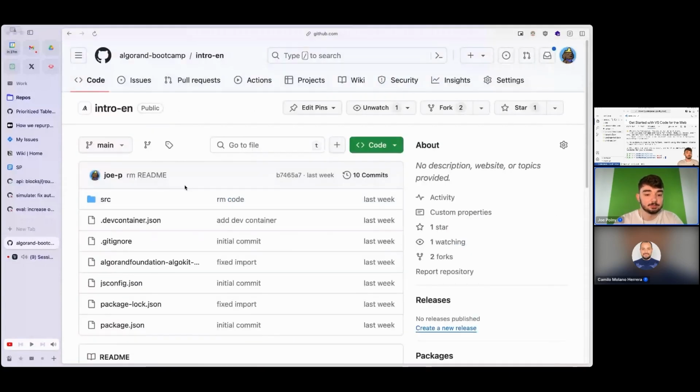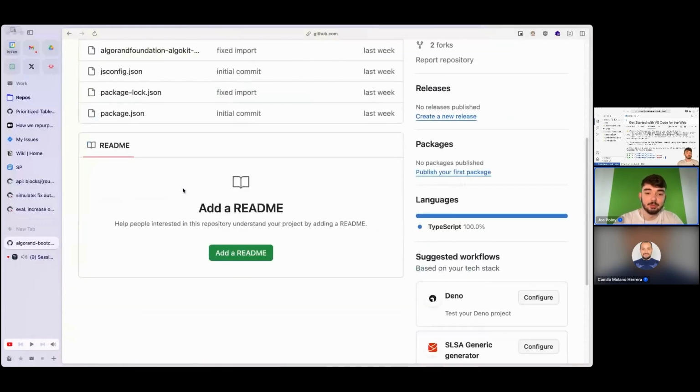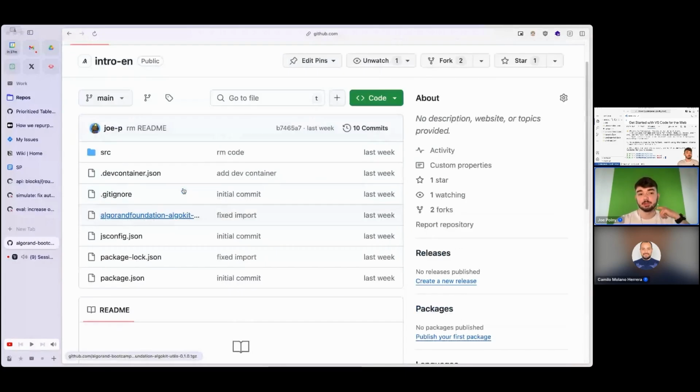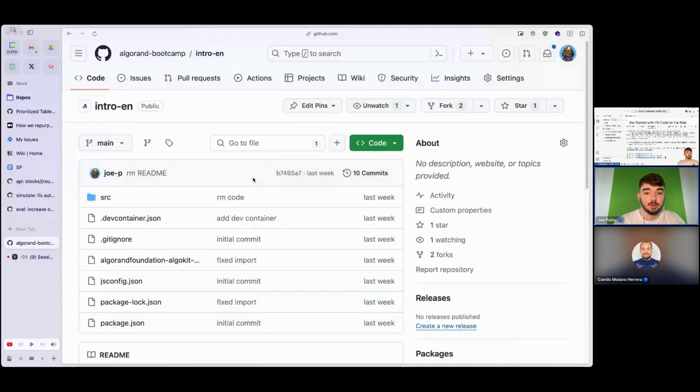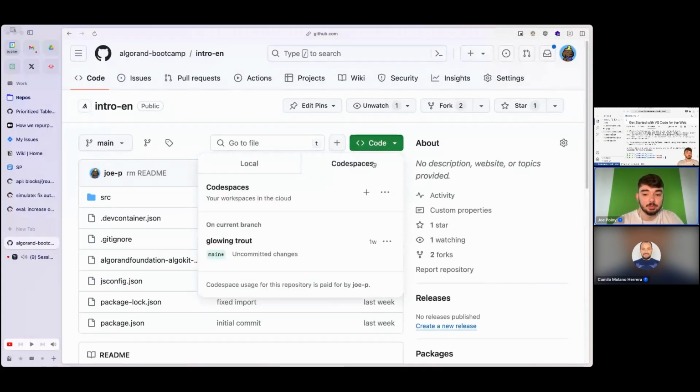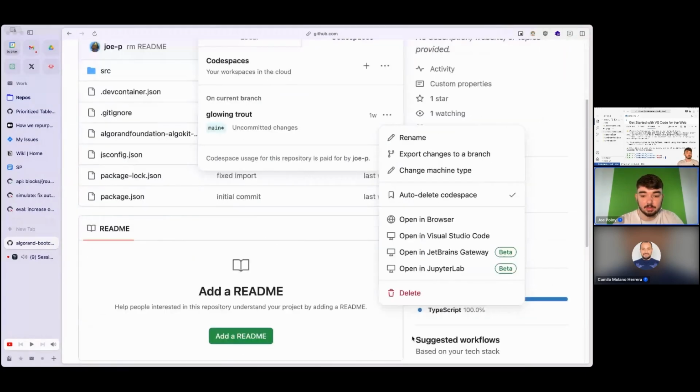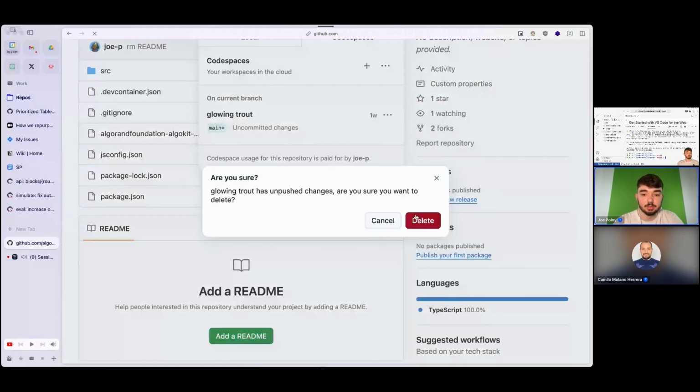In here, I just realized I forgot to do the README, so I'll be sure to update it. For those watching the recording, I'll add a README describing this. But basically, all you need to do is first make sure you have a GitHub account. If you don't yet have a GitHub account, it should be pretty quick to make one. You will need a GitHub account in order to start the code space. Once you're logged into GitHub, if you drop down this green code button, let me delete this, you can see what it'll look like.